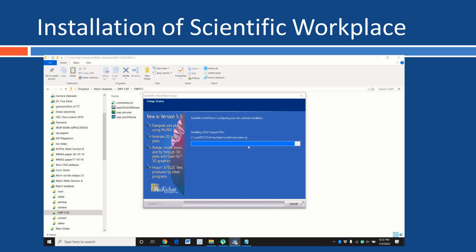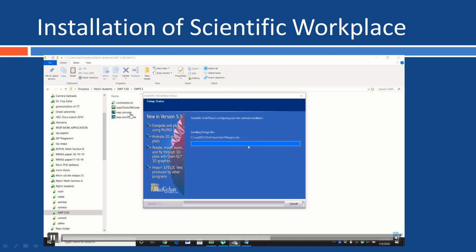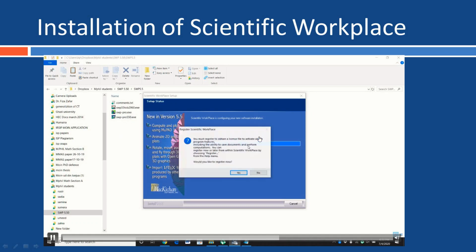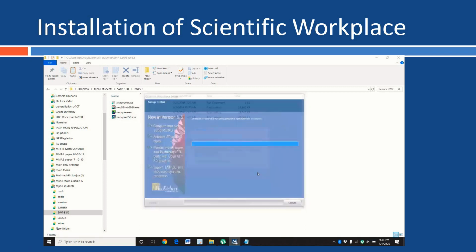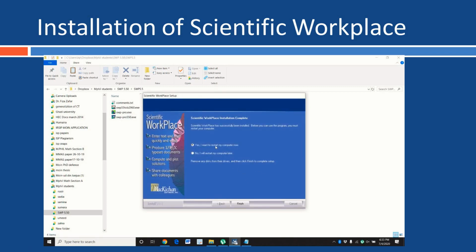At the end of installation, this process will ask for registration. We will click on no, and after that it will ask for a restart of the computer. We will restart our computer, and after restart we will copy this file SWP Pro. We will copy this file and paste it in the directory of Scientific Workplace in the C drive. Now we are going to restart our system. After restarting,